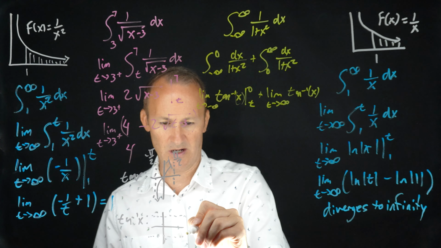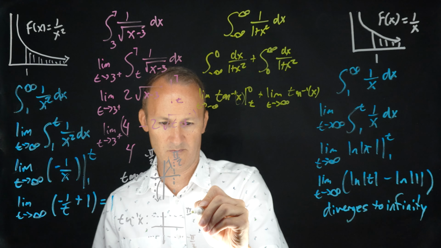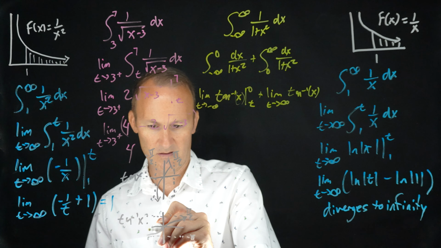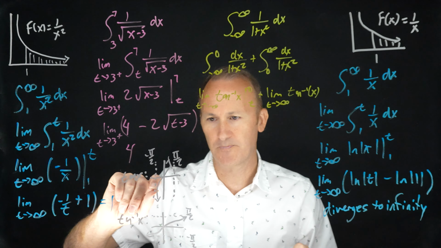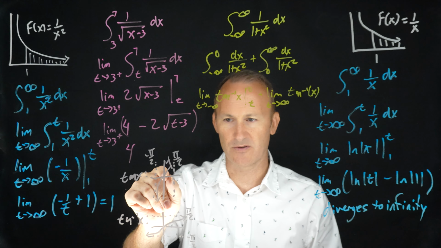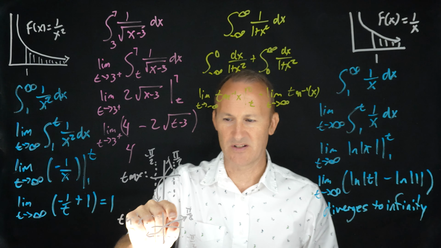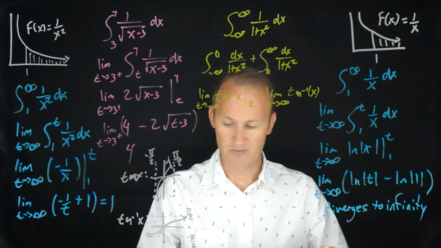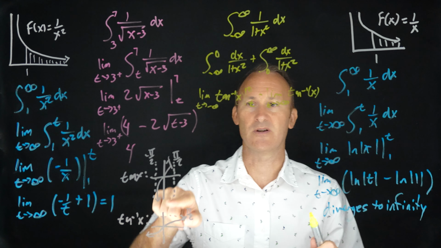And this would be negative pi over 2, pi over 2. And it does something similar, it goes like this. And so if we check this out, what's happening as x gets closer and closer to pi over 2? It gets larger and larger. That's what you're seeing here. And so what ends up happening, if we look at the graph here,